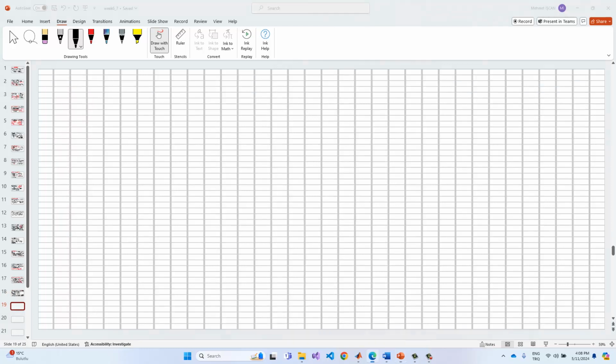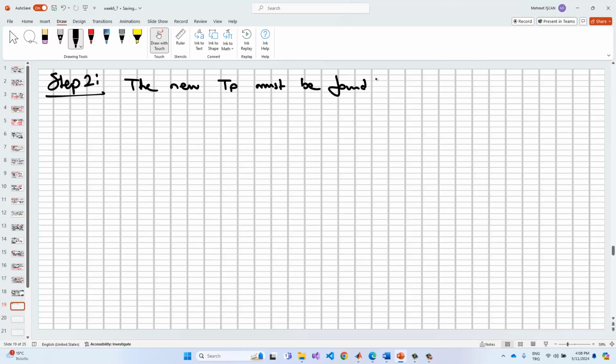And so at the second step, step 2, the new TP must be found. TP new is equal to what? 0.297 times 2.2 divided by 3. Okay, and so just remember that